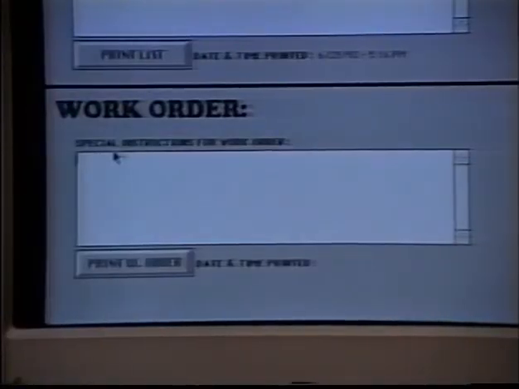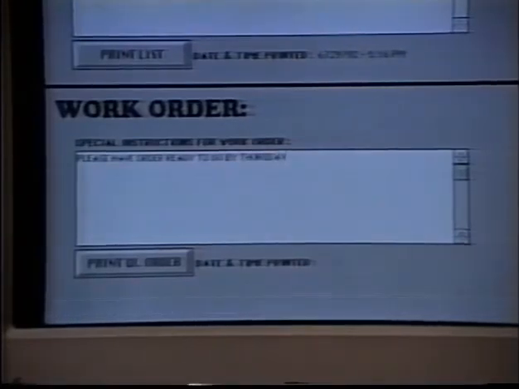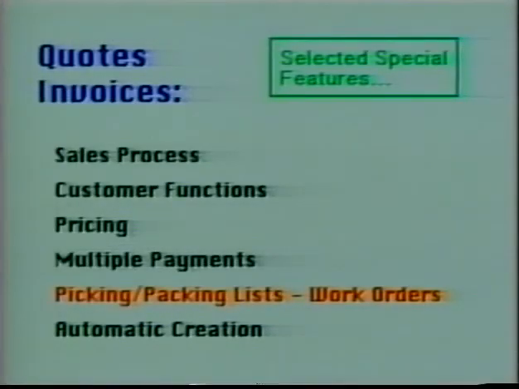Work orders are for those companies that produce their own finished products. Like the picking list, simply enter information you would like to have shown at the top of the work order and press Print Work Order. Sometimes a business needs to create multiple